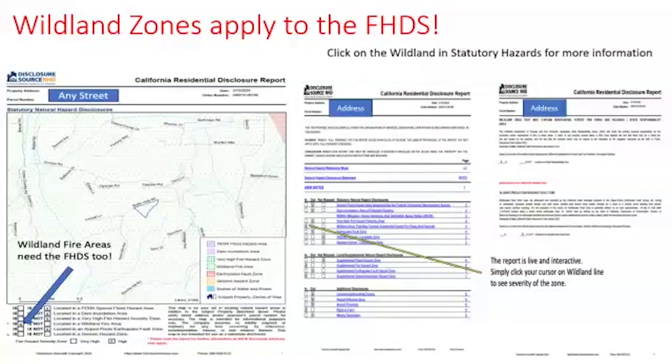Super easy. They're right after the pictures, the maps, and the signing page. And you can click on anything in the report and it will take you to that section. And what's nice about that is you look smart to your seller and buyer, because there's a couple of pages,